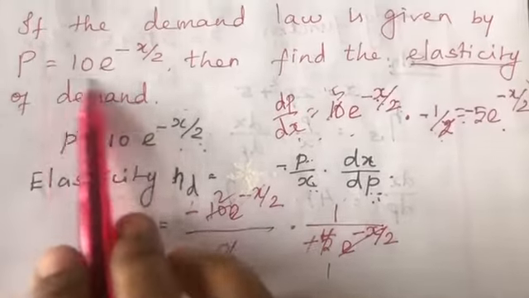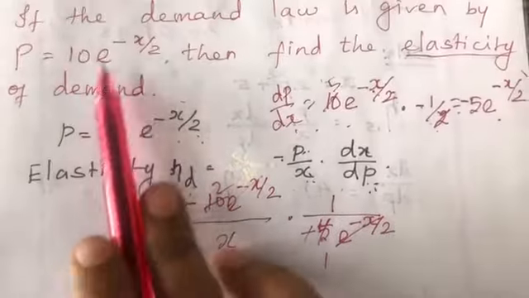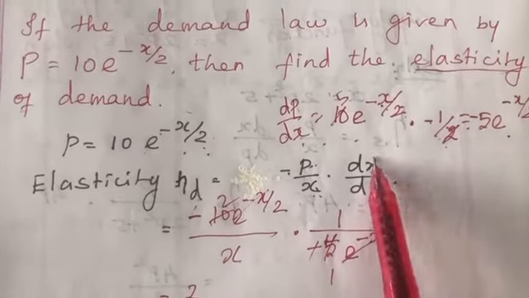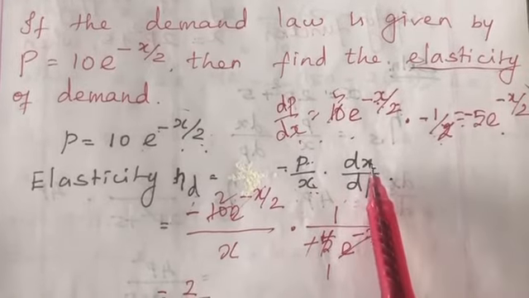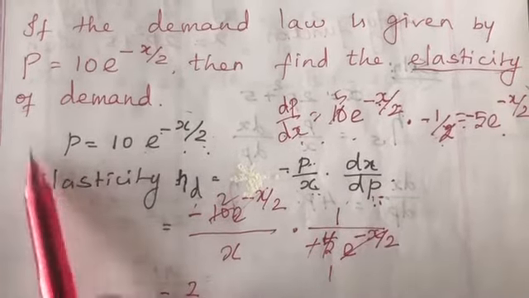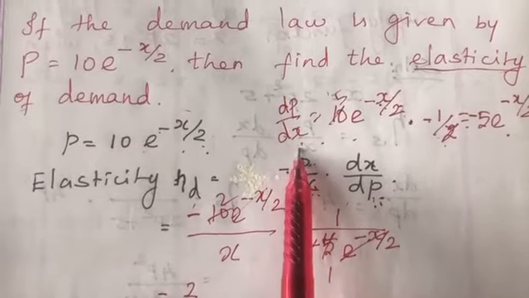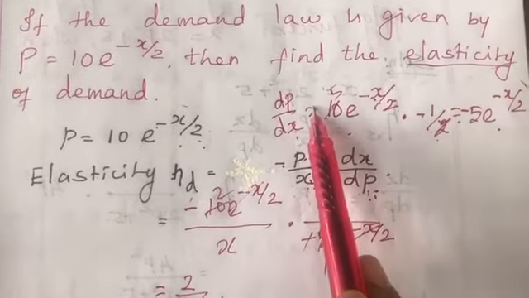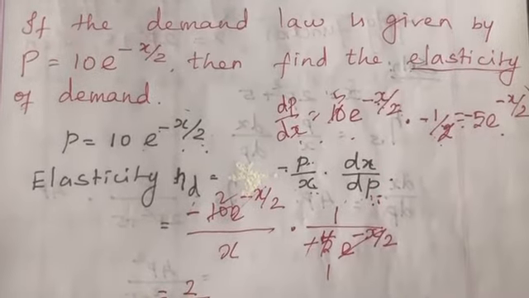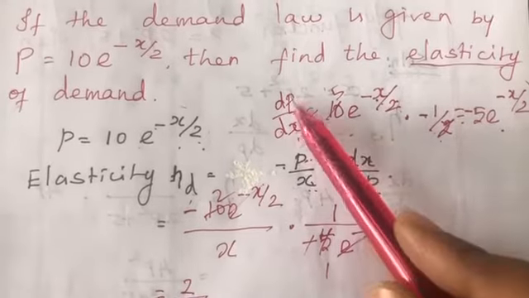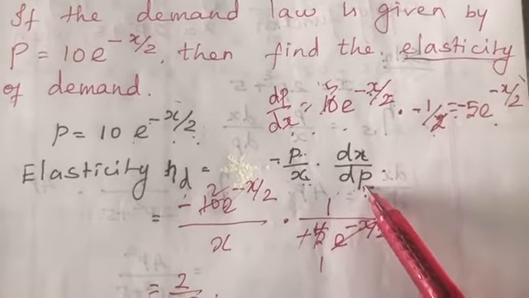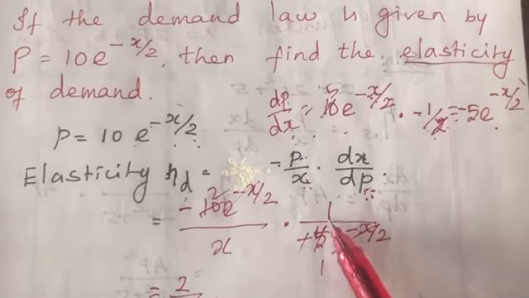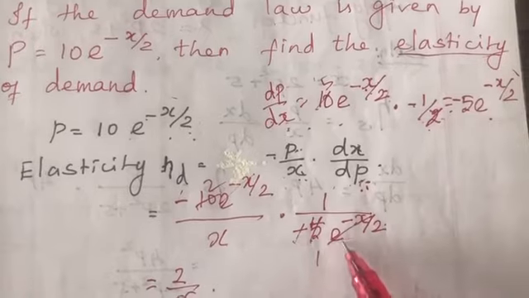Minus p, p is a function, so minus 10 into e power minus x by 2 divided by x into dx by dp. In the formula we have dx by dp, but with p you can find dp by dx only, isn't it? But here we have to substitute dx by dp. For that you have to substitute its reciprocal. Its reciprocal is dp by dx, or the reciprocal is dx by dp. So we have to substitute the reciprocal of this value, that is 1 divided by minus 5 into e power